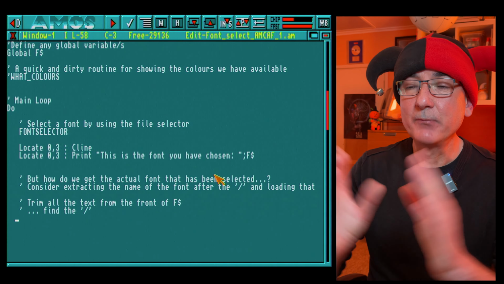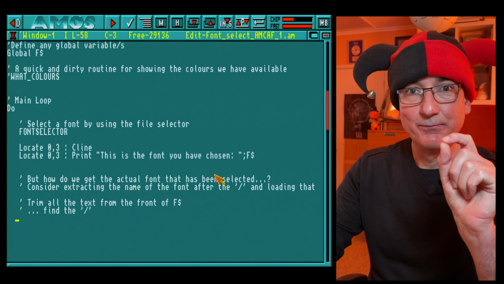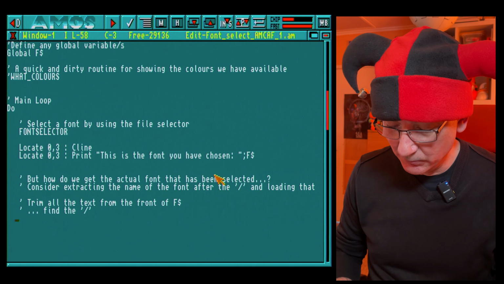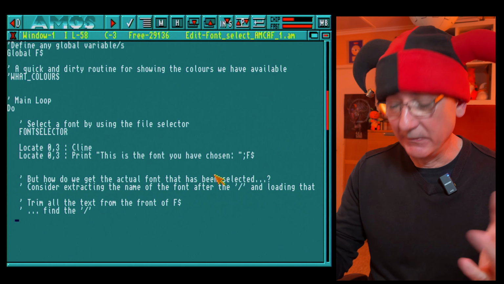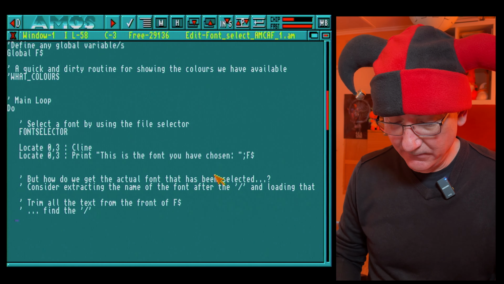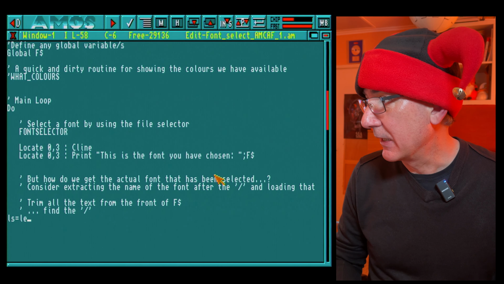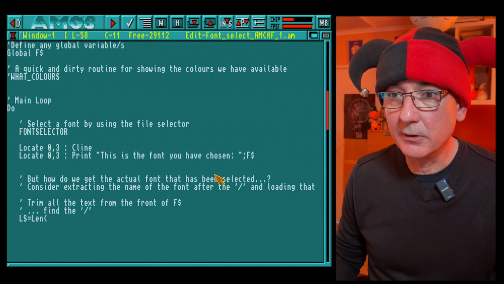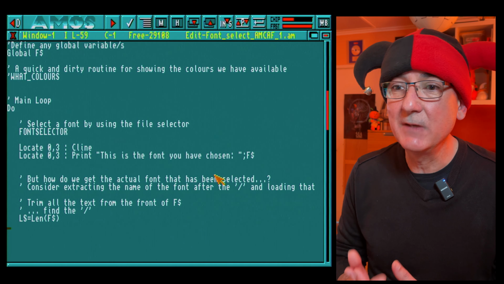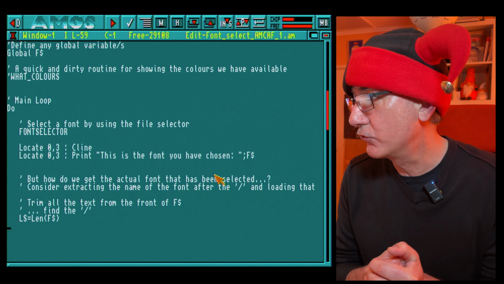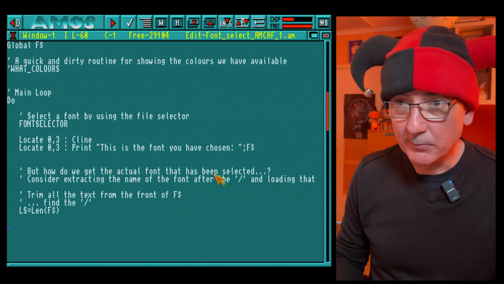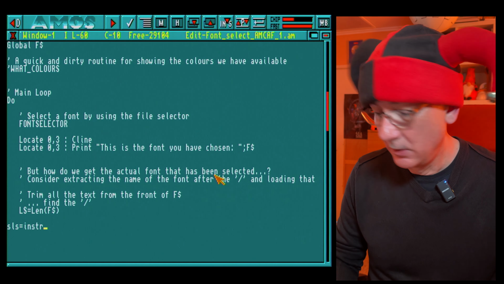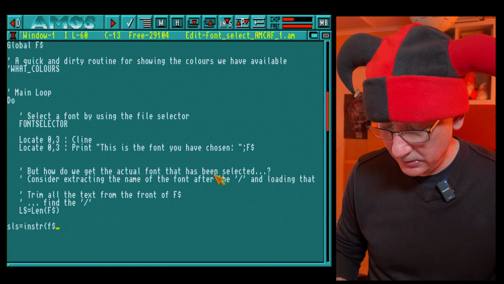Okay, so what we're going to do then, we would have selected our font. Now we've got that long string, so now we're going to start to extract it. The first thing we're going to do is get the length of the string that we've extracted. So I've got a variable, ls equals len(f$). That will give us the length of the file selected string. Then we're going to have a variable sls equal instr(f$,